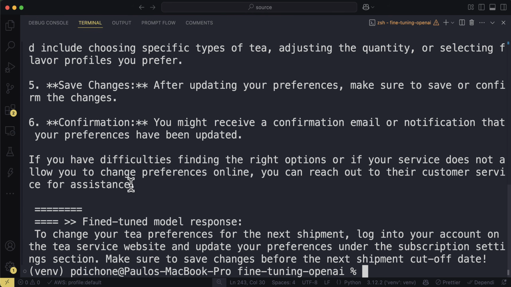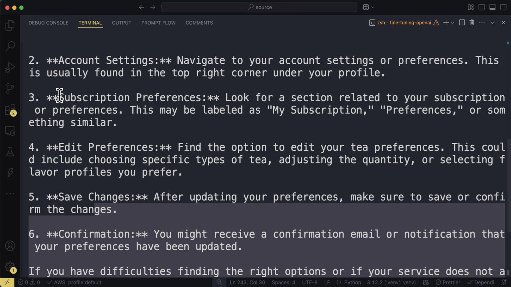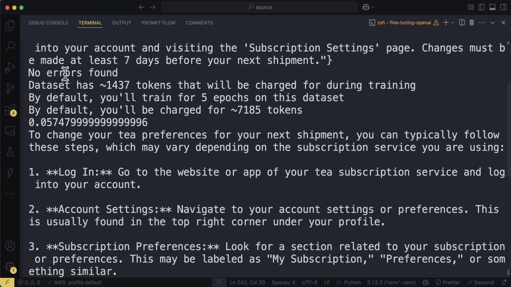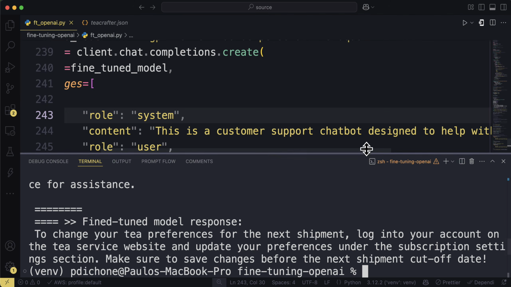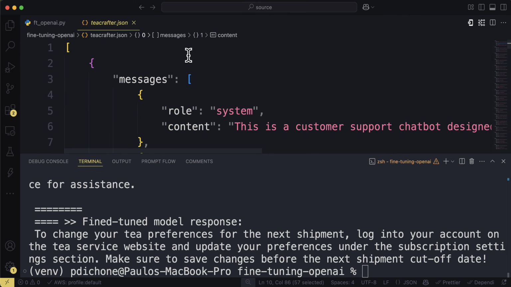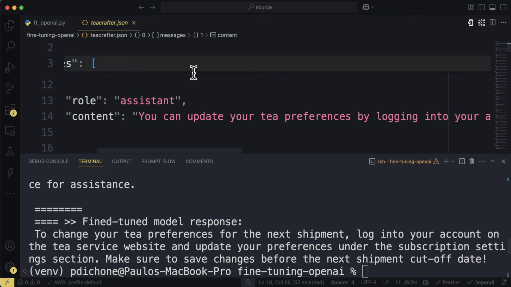Okay, so this first one here is total hallucination from GPT-4o Mini. And then we have the fine-tuned model: to change your tea preferences for next month's shipment, log into your account on the tea service website and update your preferences under subscription and all of that. And we can try to confirm that this is also not hallucinating. It may be, because you never know. And if we go to tea, voila, you can see it went and got exactly